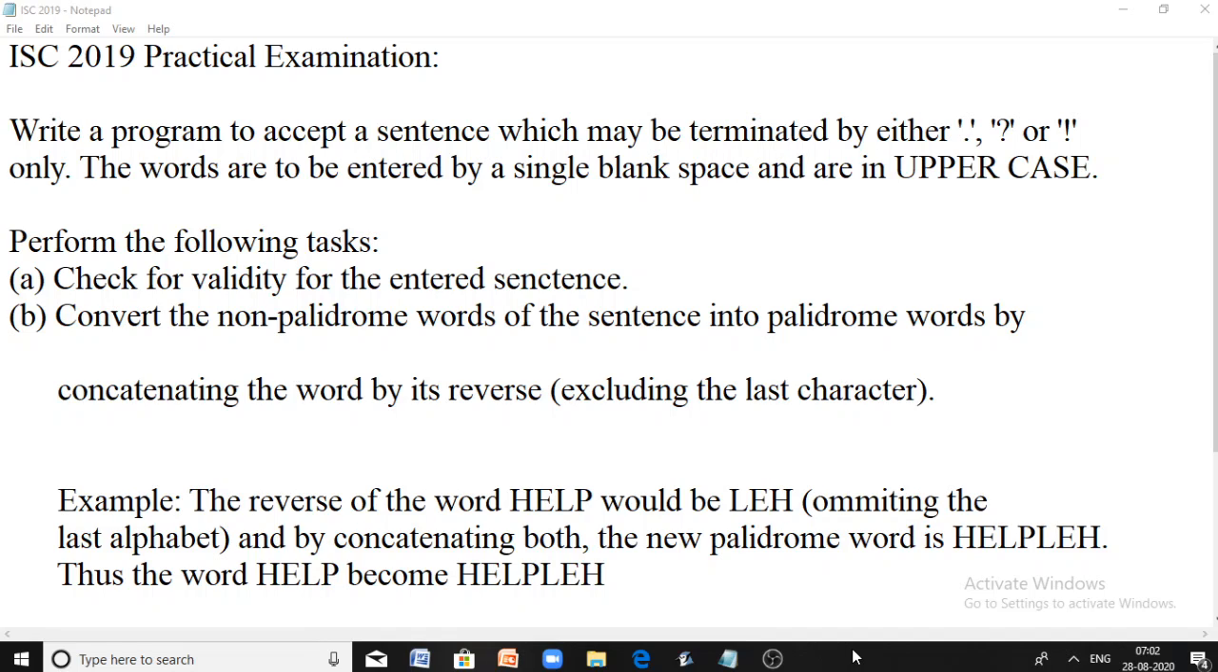Write a program to accept a sentence which may be terminated either by dot, question mark or exclamation mark only. The words are to be separated by a single blank space and are in uppercase. Then you have to accept the string as input and do the following tasks